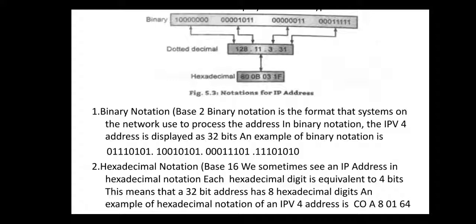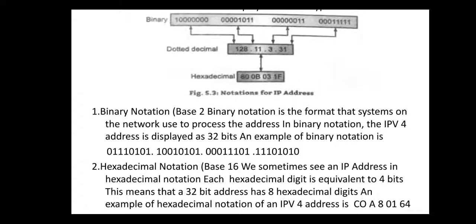The first 8 bits from the left hand side are 0, 1, 1, 1, 0, 1, 0, 1. Now consider the first 4 bits, that is 0, 1, 1, 1. 2 raised to 0 is 1, 2 raised to 1 is 2, 2 raised to 2 is 4. 4 plus 2 is 6, plus 1 is 7. Why is there an 8 here?